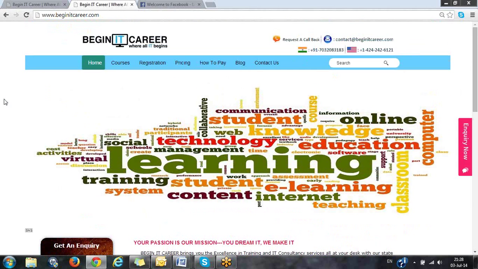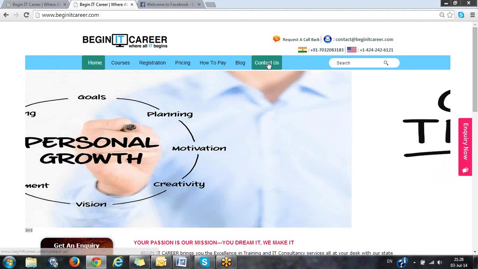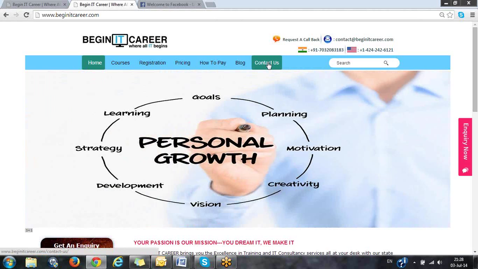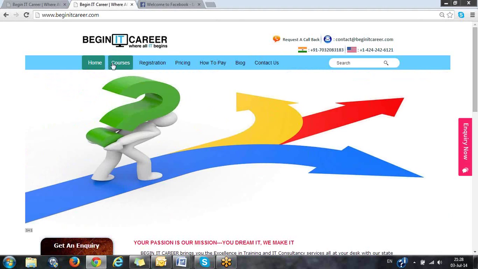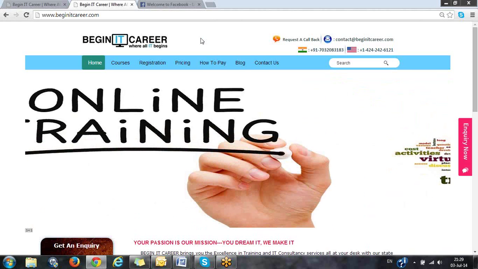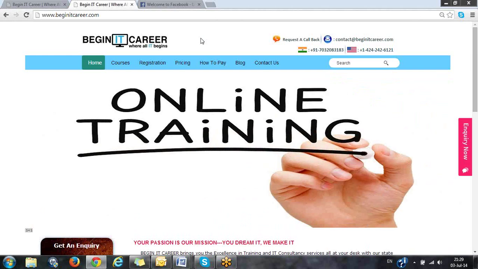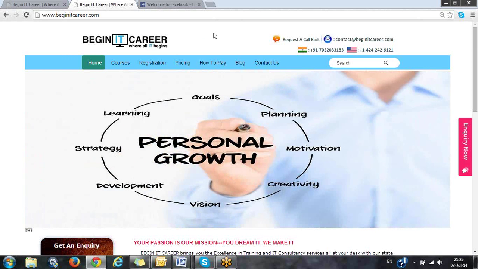It is about actual, more usage by the people. I have to concentrate on the requirements which are more used by the people, not on the minimal things. Search will be very little used, the contact us page will be very little used when people click it, and clicking on the blog option will be very little used. I just have to concentrate on the things which are more used by the people, not on the things which are less used.